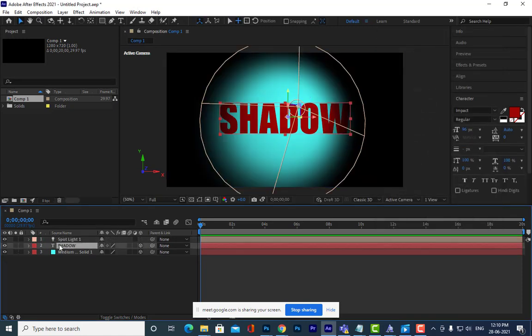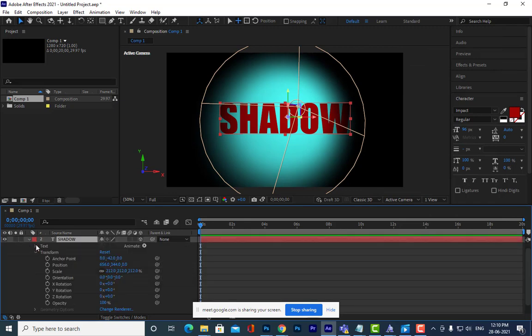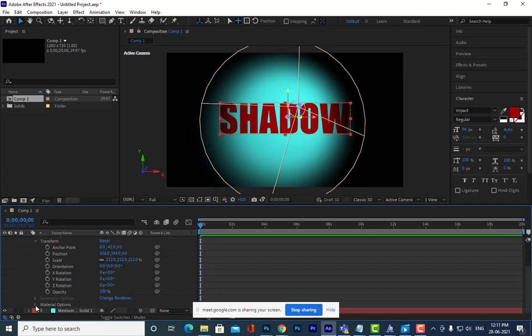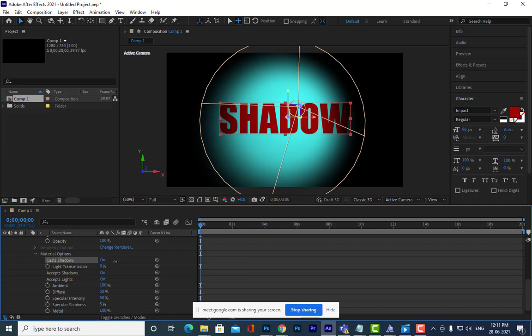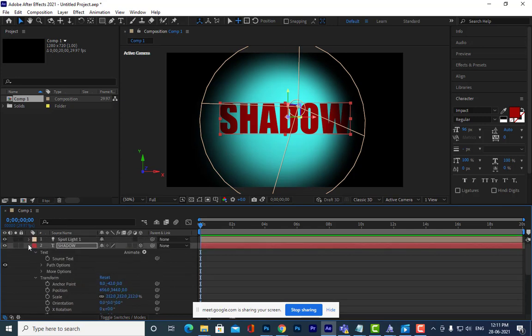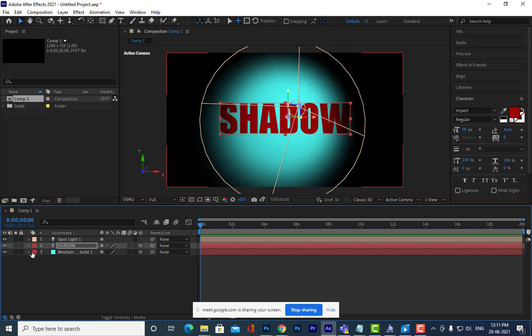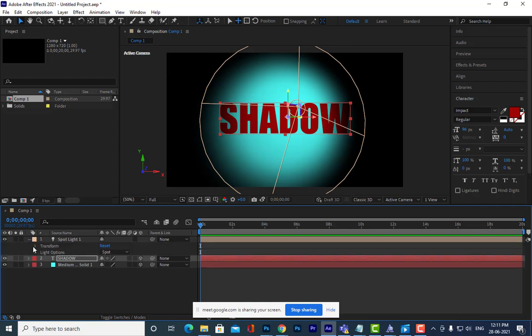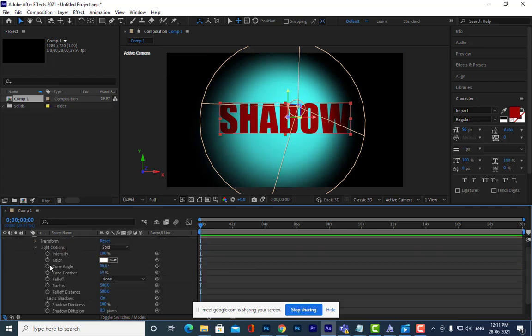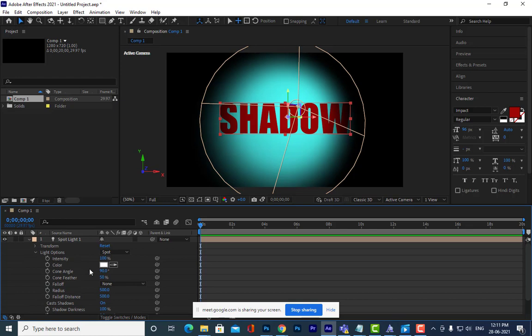And then we want a shadow for our text. So we can get that shadow. We have to turn on this cast shadows option, and in the material options. We also have to turn on the shadow options for the lights.